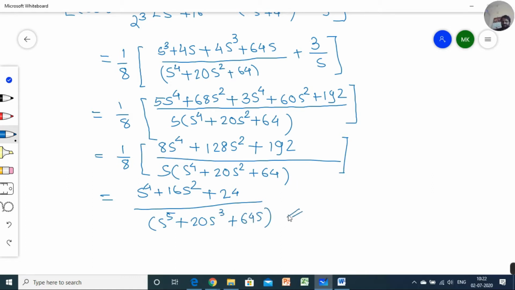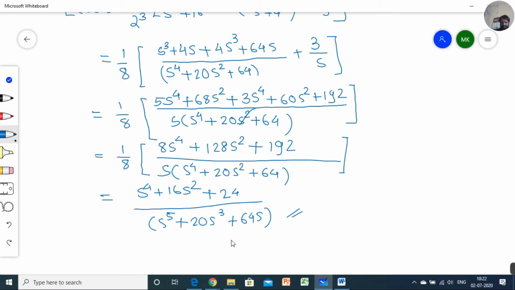So this is our final result, because we are not able to take s as a common factor from the numerator. You can take a common factor from the denominator, but you are not supposed to take a common factor in the numerator and cancel it, and you are not able to take any constant value common from the numerator and cancel it in the denominator, or take a common constant term from the denominator and cancel it in the numerator. So we can stop here, this part is our final result.